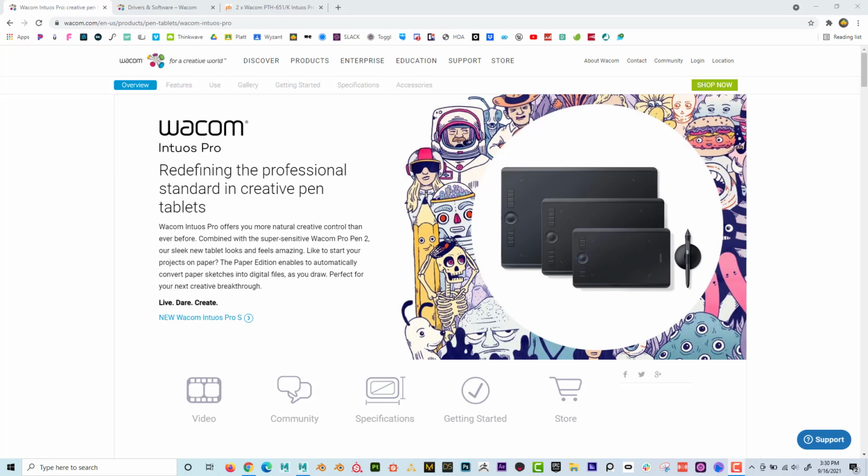Today what I want to do is show how to program your tablet to work with whatever program you want. Blender, Maya, Substance Painter, ZBrush, Photoshop, you name it, you can customize your tablet to work with that program. Okay, I'm not going to get into specifics to say, hey, if you're working with this program, set it up like this, this, and this. But instead, I'm going to show you an overview of how you can program your tablet to work